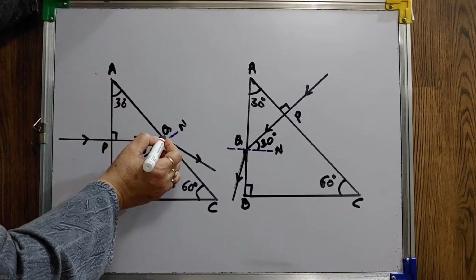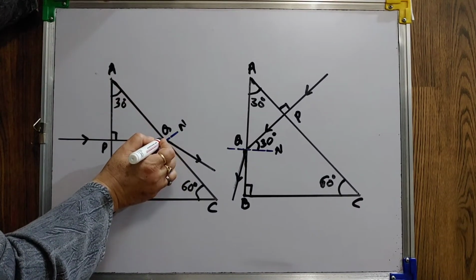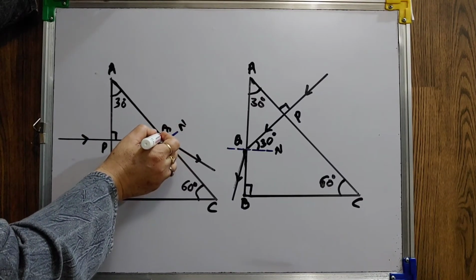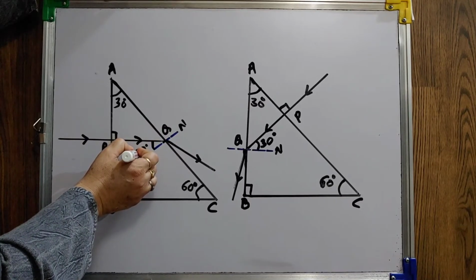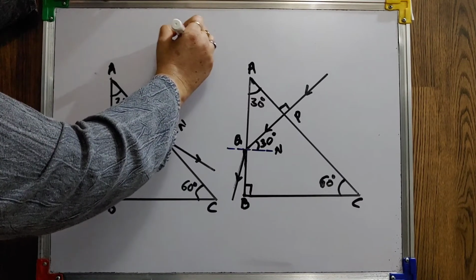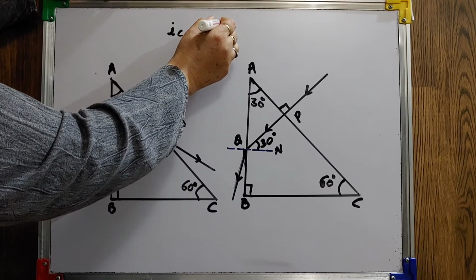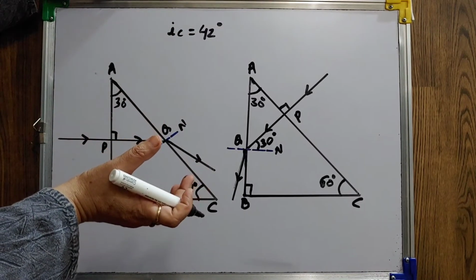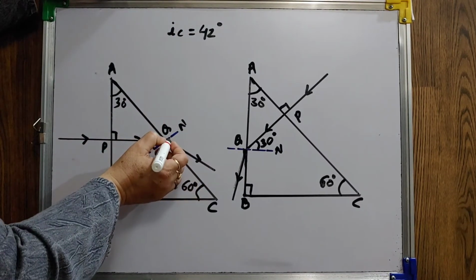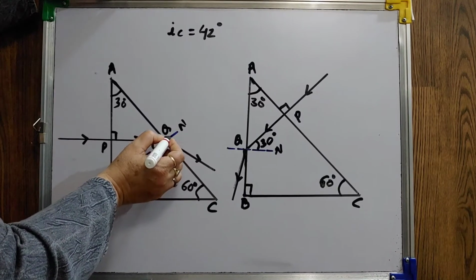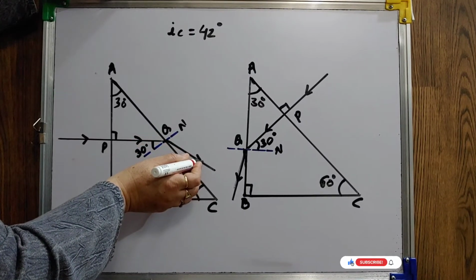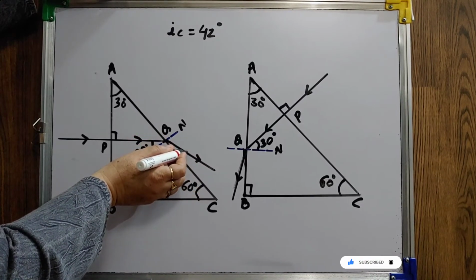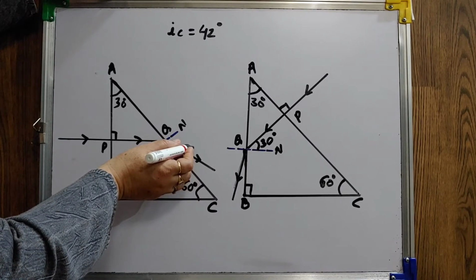Now, after this, it strikes AC at point Q. Now, this is my incident ray. Normal is perpendicular. Now, this angle is 30 degrees. You know, for this interface, the critical angle is 42 degrees. This angle is less than 42 degrees. That's why there won't be any total internal reflection. Simply, at point Q, the ray emerges out due to refraction of light. Correct? Now, it will move away from the normal because this medium is a rarer medium.